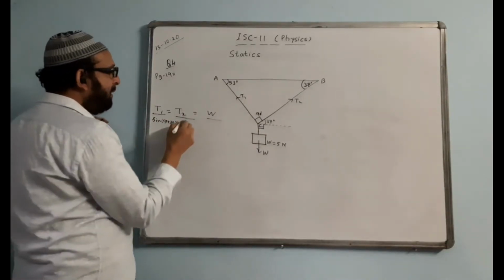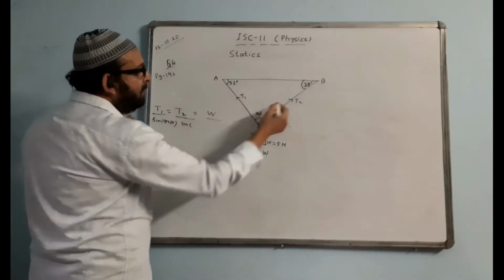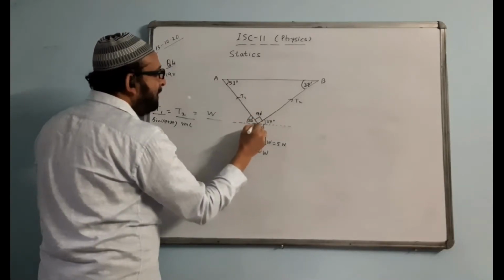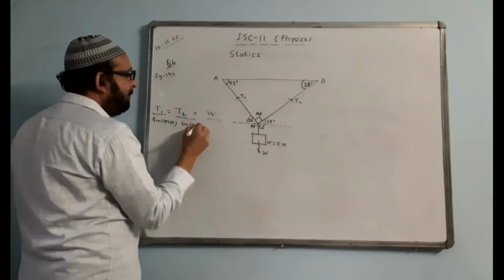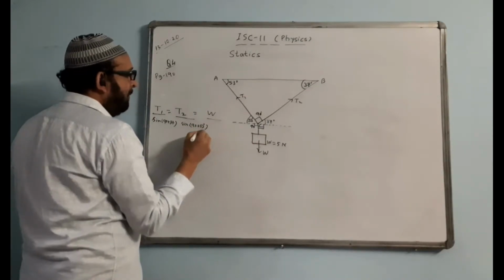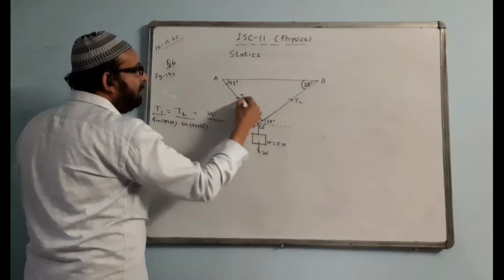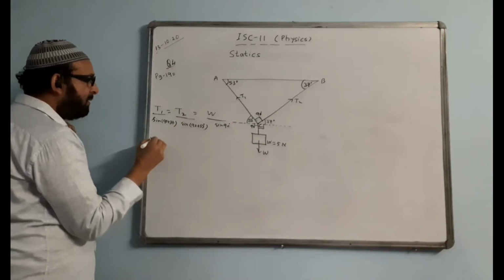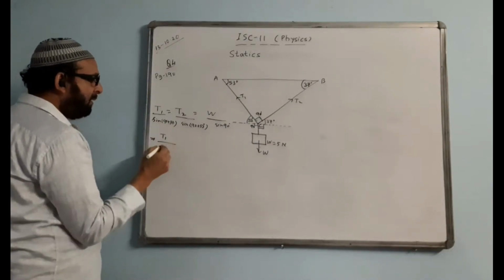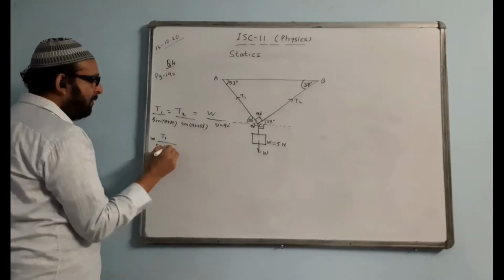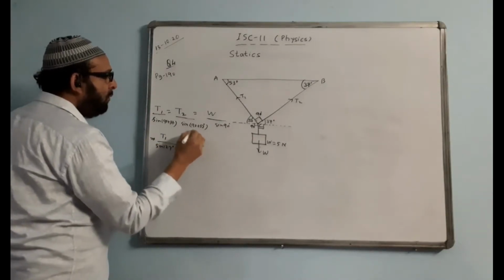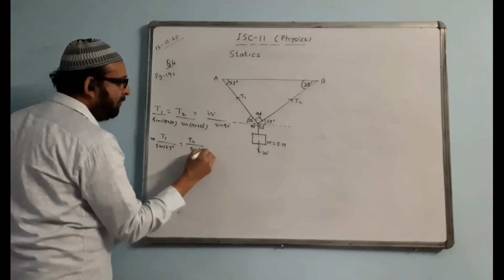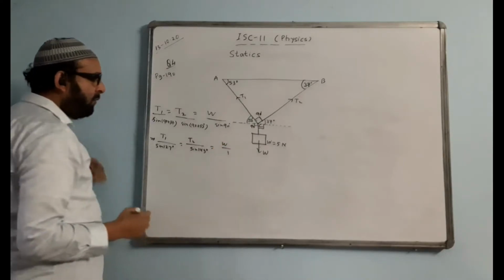T2 value, if I take T2 as sin of this angle. This is 53, this will also be 53. This angle will be 90. Here it becomes 90 plus 53. And when you take W, the angle between T1 and T2 is 90 degrees. Now I'll simplify that. T1 over sin 90 plus 37 which is sin 127 degree, T2 over sin 143 degree, W over sin 90 which is 1.